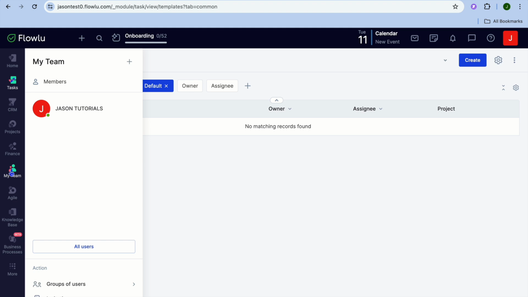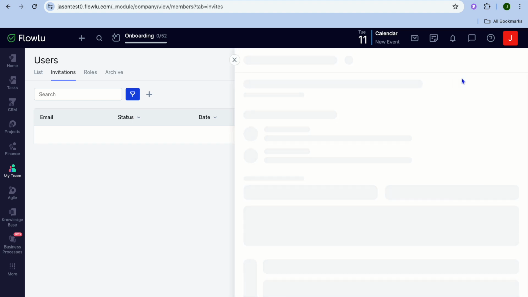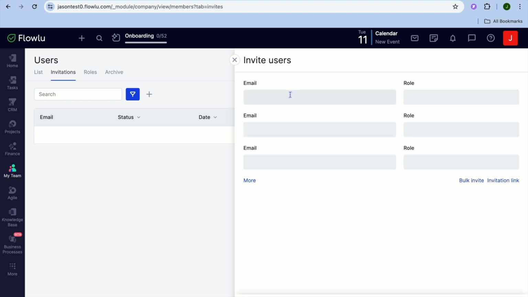After you have tapped on my team, from here you could select invitations. And after selecting invitations, you could send out invitations by tapping on add, and you could tap on add user. After tapping on add user, from here you could input their email address and their role. Then you'll tap on send, and you can also send out bulk invitation if you want, as you can see